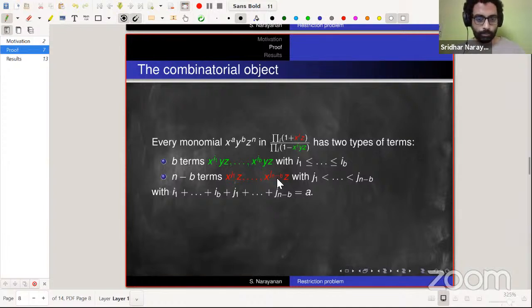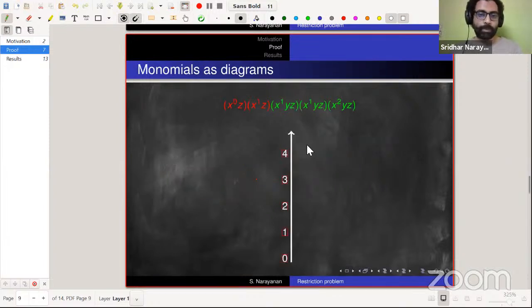Right? So we've done, I hope, a clear analysis of the types of terms that come. Building on this, we are going to represent monomials as certain diagrams. Right? So all of the monomials that contribute to some fixed power of x, fixed power of y, etc. We know that they can be expressed as a product of two types of terms, and now we are going to represent these terms as a diagram. And this we do simply by,